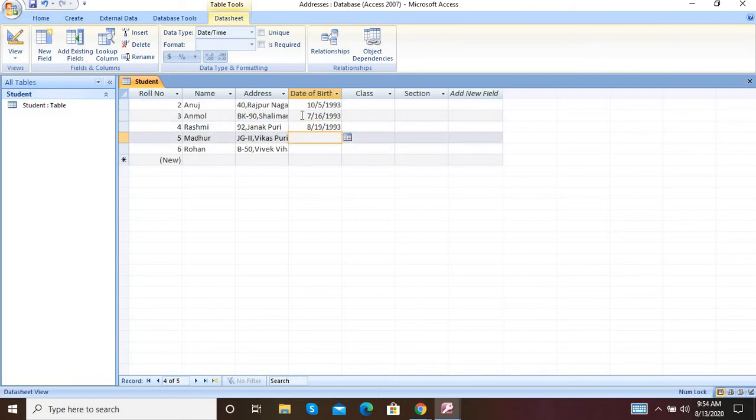In Microsoft Access, the format of date or time is mm/dd/yyyy, meaning 4 times y, so they are taking the full year. Month, date and year, this format they use or follow.